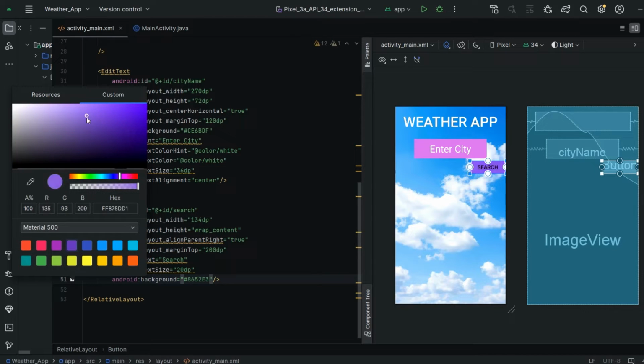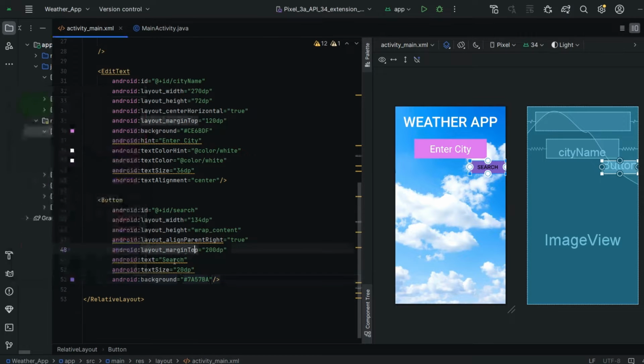So I'll give this violet color. I think this is going to be fine for our search button. Sorry, guys, I made a spelling mistake. The spelling of search was, I think, SEARH. Yeah, that's it.